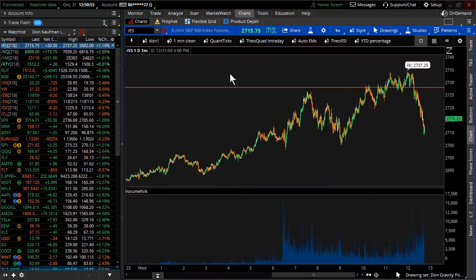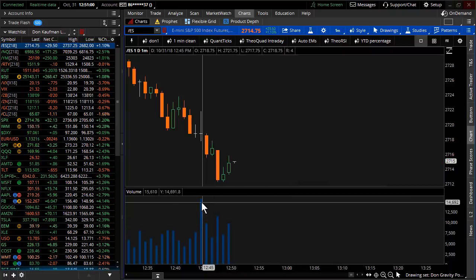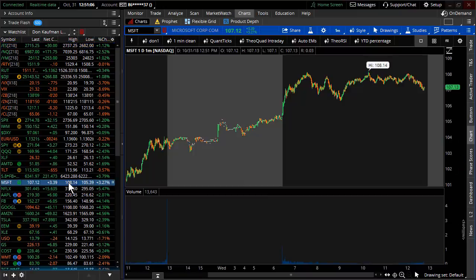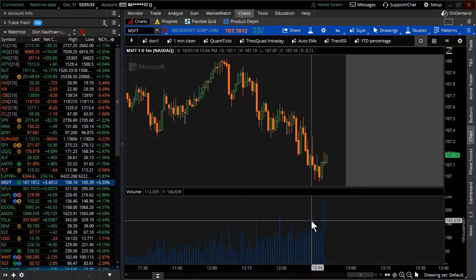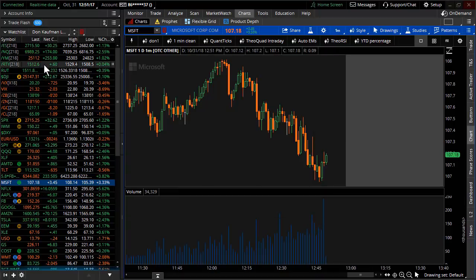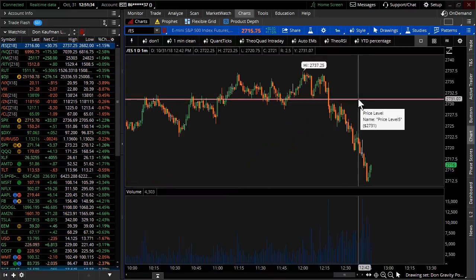So if I look at 12:45 Pacific time and zoom right here into the S&P futures, the exact same minute is going to see a volume spike. The interesting irony with that is I bet I can go look at a random product, even Microsoft, and you'll see volume spikes in Microsoft. And this is all about arbitrage. So through a tremendous amount of regression analysis, in fact, I even use OnDemand, which I can go back days, weeks, months, and look at intraday trade. Through that, we're able to determine precisely where this particular level happens to live.